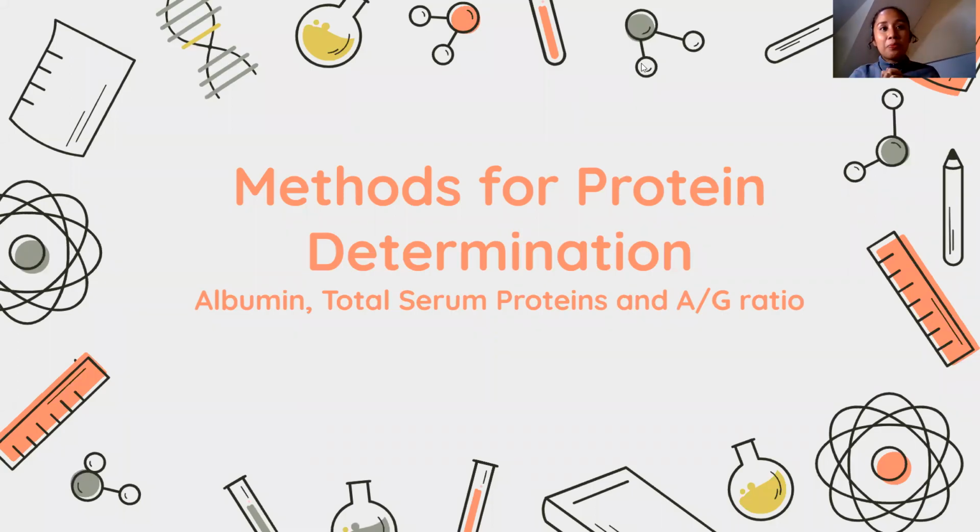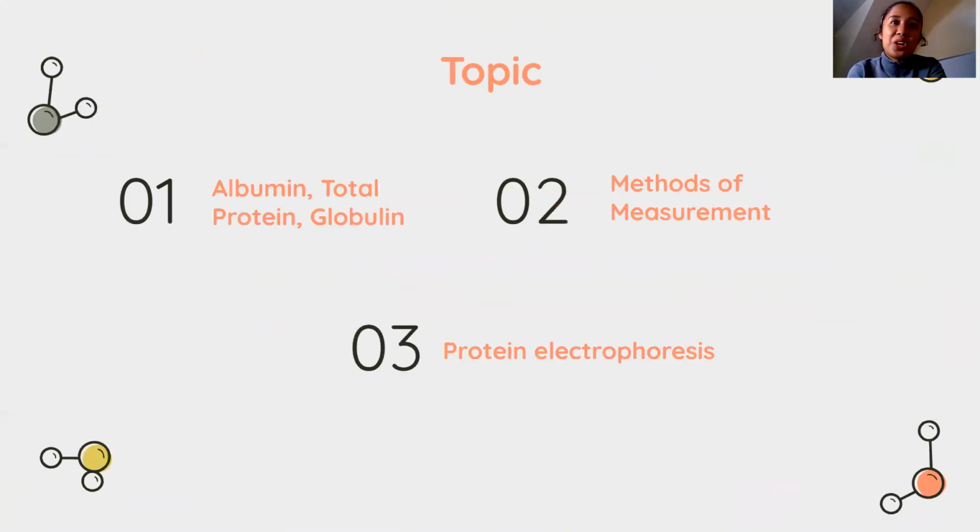So this week our topic is about protein. Today, mainly, for protein per se, our tests in the laboratory include the albumin test, the total protein test or total serum protein, and the computation of the albumin and globulin ratio. These are the routine tests in the laboratory, and that is the focus of our discussion today: albumin, total protein, and globulin.